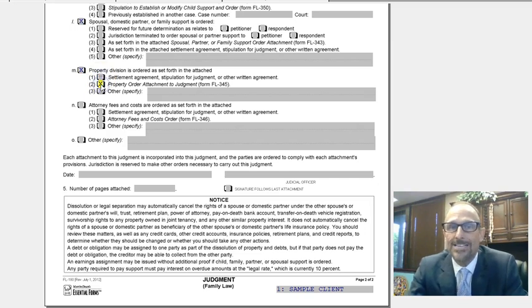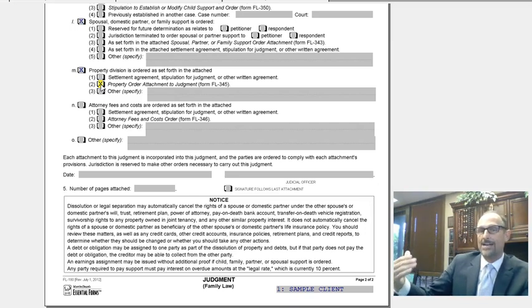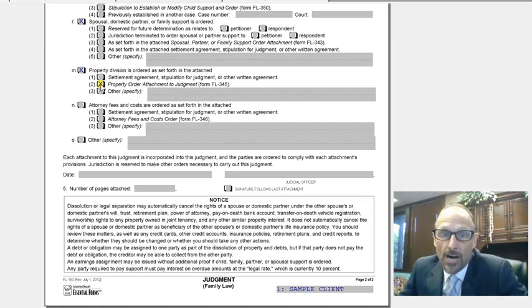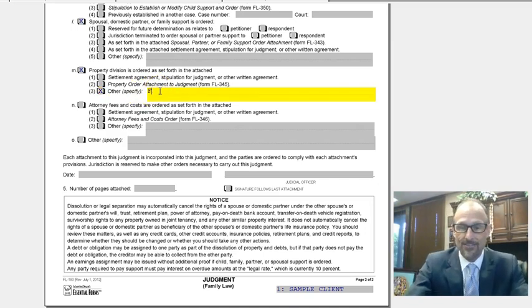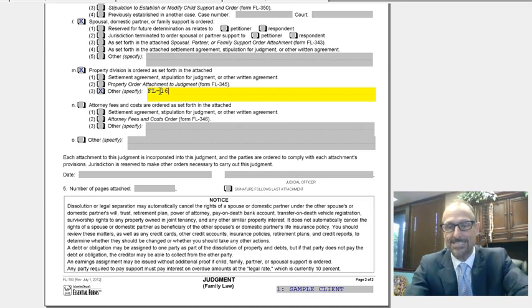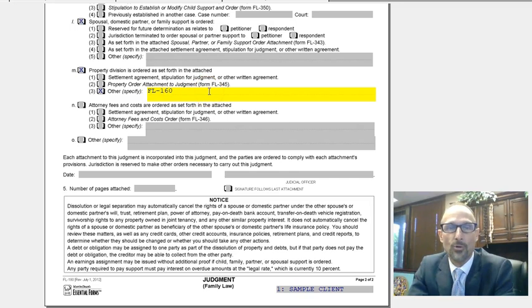If you are dividing your property as you wish to divide it, as you've spelled out on a property order attachment for judgment on FL 345, that's fine. I have a video on that. I also have a video on an FL 160. If you do that and you want to use the 160, you can mark it FL 160 under other, under 3. I like the FL 160 if you're going to divide property, because that's